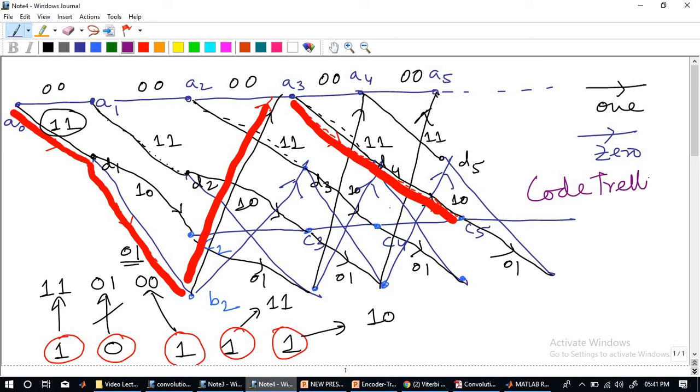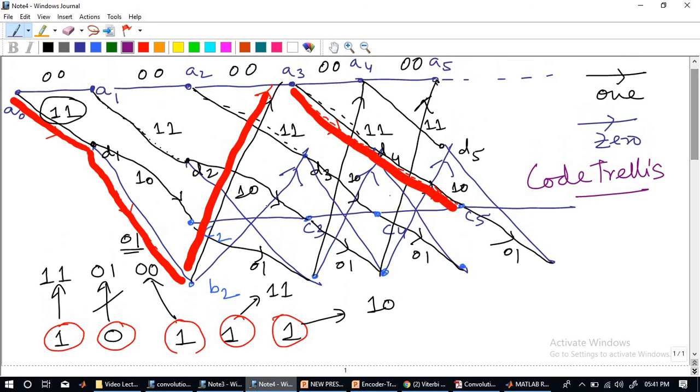Code trellis is very similar to code tree, except that it is a compact representation of all the states. If you go back to today's example and try the same technique, you can find that in a consolidated manner we are including all the states and the corresponding output that it can have. So it's very easy to track this path and find out what the corresponding output will be. Clear? So this is what the encoding or the code trellis is all about. We will come back and discuss this code trellis in a much more detailed way, maybe tomorrow or the day after tomorrow, when we are discussing Viterbi decoding.